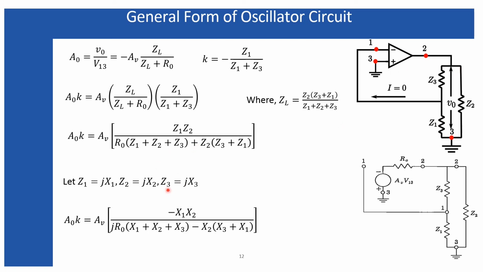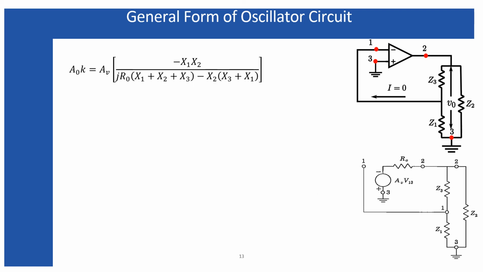And upon replacement, we are getting this expression where this minus term is appearing by the multiplication of two imaginary terms, that is the j term is providing this minus over here and over here. So this is the initial expression we have obtained in my last slide, and now we are going to treat this expression in a similar way we have treated our phase shift oscillator and the Wien-Bridge oscillator. That means at resonance, we know the imaginary part of this vector A0 times k must be 0. So I am making this part equal to 0 in order to make this imaginary part 0.